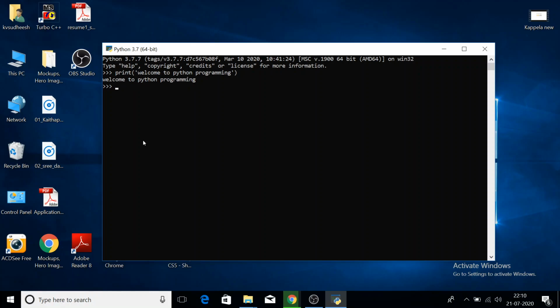Okay, so it's working. This is the Python shell. There you can test or learn the Python statements. Clear? This is similar to the Python shell that's seen in the Ubuntu terminal. Clear?